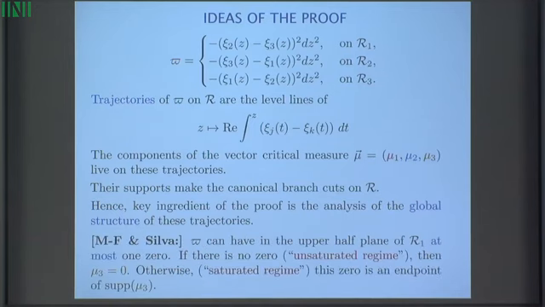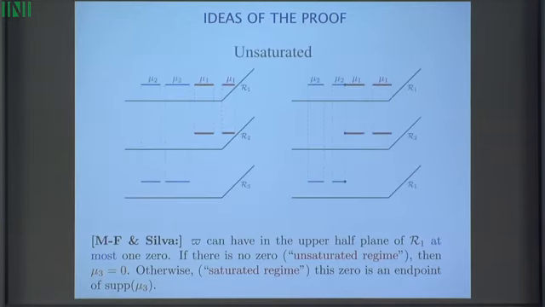So the key fact that we proved, from which everything follows, is that you only have two possibilities. You look at your quadratic differential, it's all symmetric, so only look at the upper half plane, and look at the first sheet. Turns out that the structure is such that it has only two possibilities: either no zero in the upper half plane, or only one zero. Depending on whether there are no zeros or one zero, we call it the unsaturated regime or the saturated regime, just borrowing the terminology from some previous works. So let me just show what's going on.